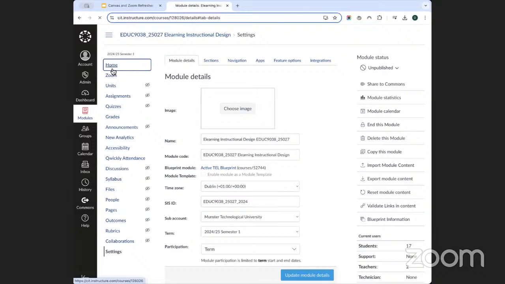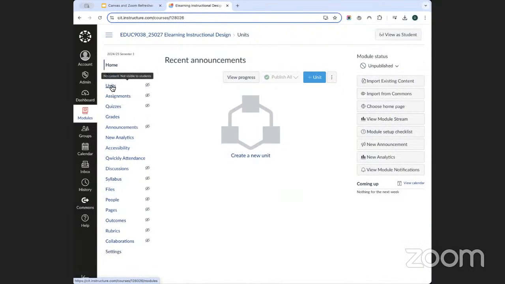Certain items I might just mention, like units, are not visible to students within a blank module, but they become visible as soon as we start adding content. So for things like units, things like assignments, it's not that they're hidden, it's just students won't see that option until we start adding some content, which we can do right now. So,